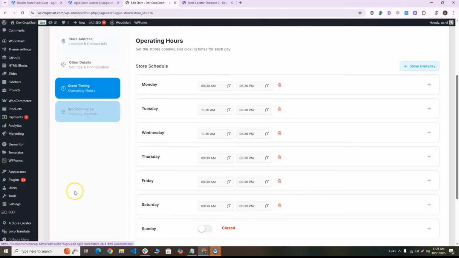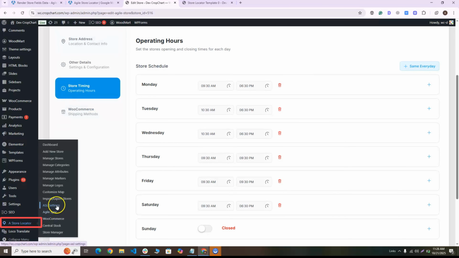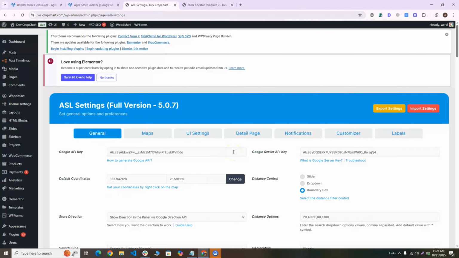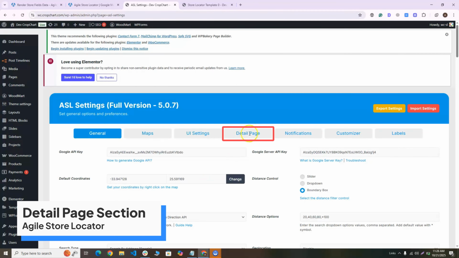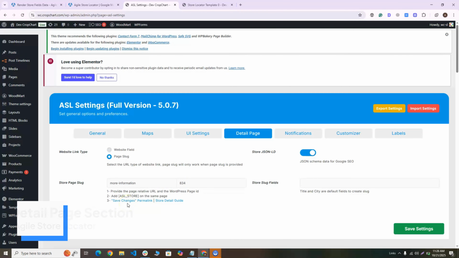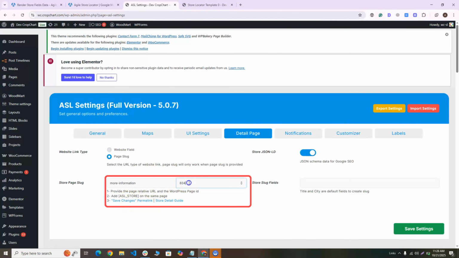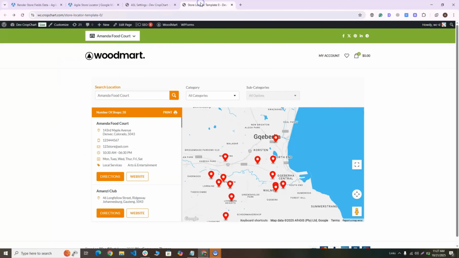So now let's head over to ASL settings on Agile Store Locator. We'll head over to the detail page tab over here. So we just need to get these two pieces of information, the store page slug and the number ID. So let's get this. So assuming you have a store locator widget already installed, similar to this one, the next